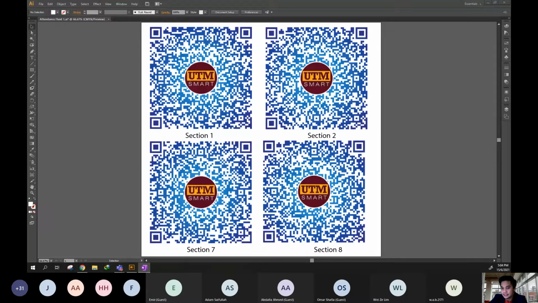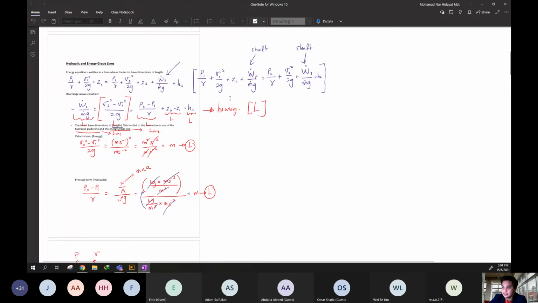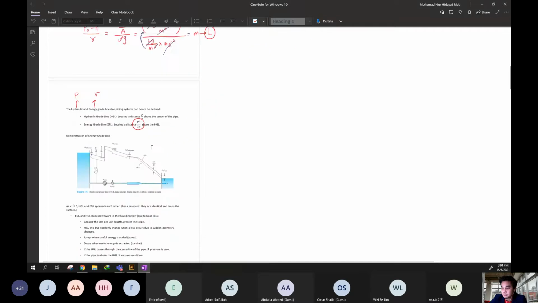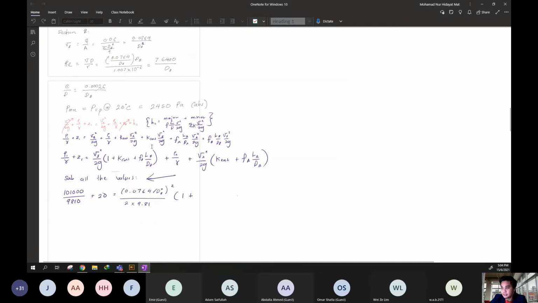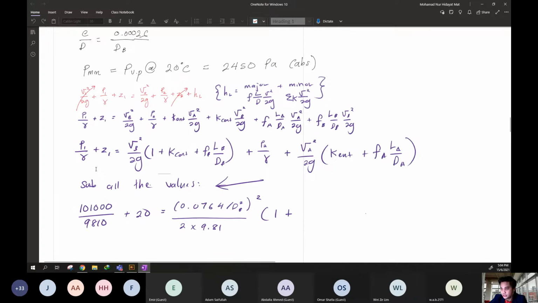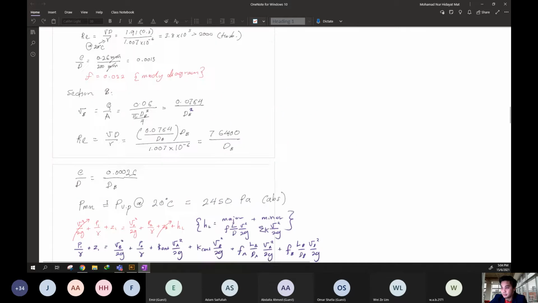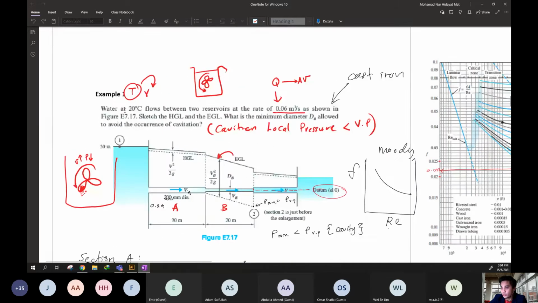Okay, let me share you the lecture note. This is yesterday's lecture note, where we managed to fill up until the example of this part, where we need to substitute all the values into this equation. All right. To recap first, this is Example 1, where water at 20 degrees Celsius flows between two